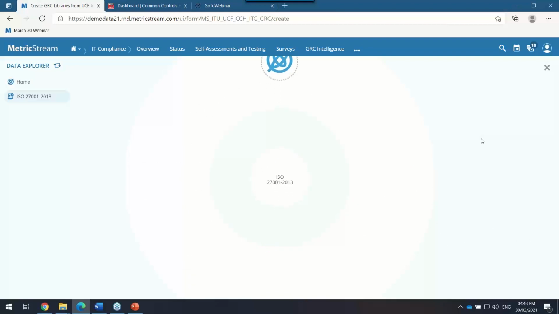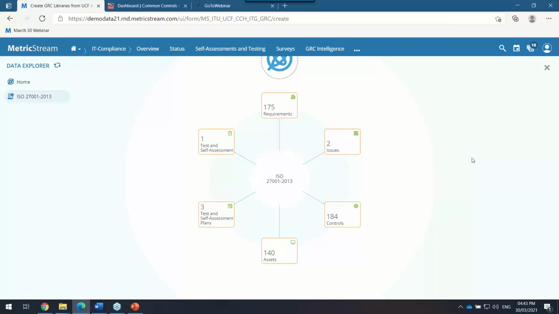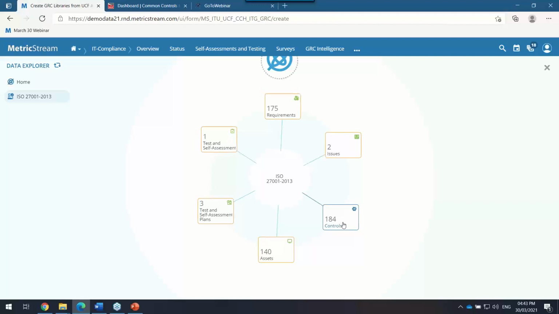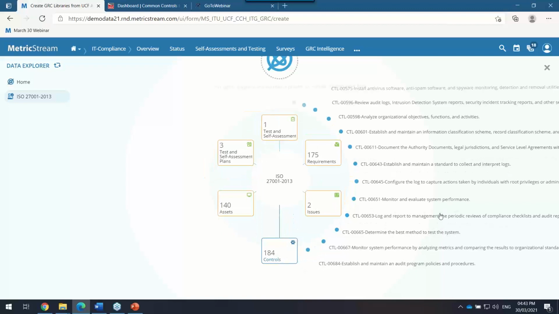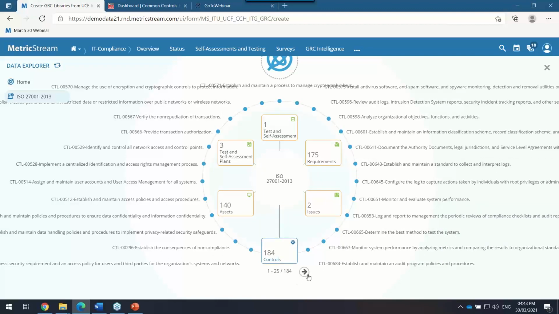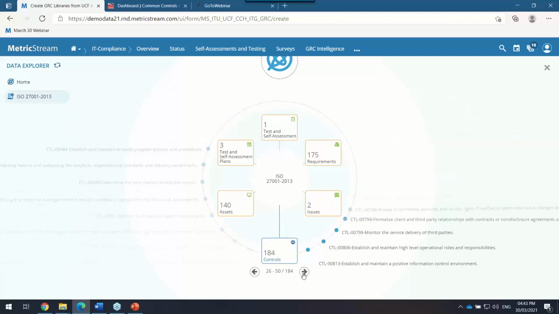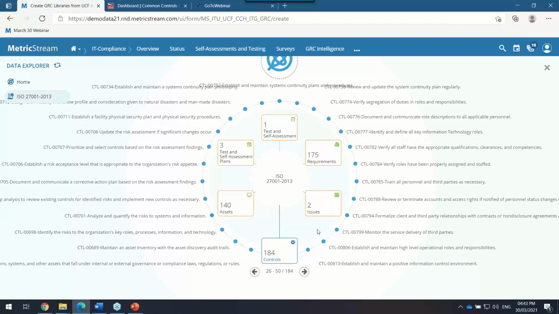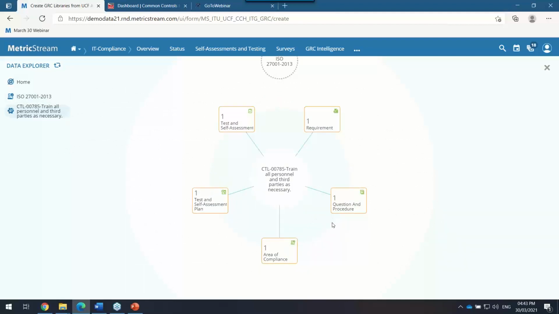So once I have them imported, this clearly gives me a view to say, okay, ISO has about 175 requirements, which is nothing but citations. It is also linked to about 184 harmonized controls, which I just pulled in from the Common Control Framework Hub, right? And you could just click on them to see what those controls are, right? You could just see, starting from all the 184 mandatory controls have just been pulled in. You could again further drill down to see what are the other relationships for a given control, right?